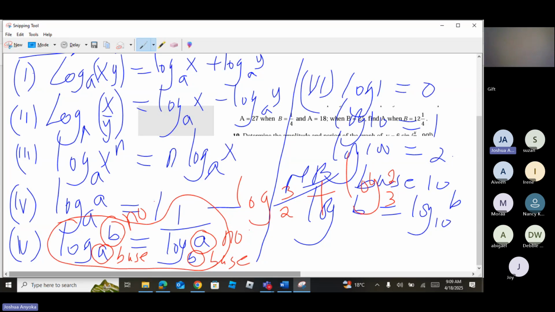If you take note, here the base is 2, here the number is 2. And here the base is 3. So they are interchanging. So for us to simplify this, we must bring this law, where we want to say the logarithm of 3 to the base of 2 plus